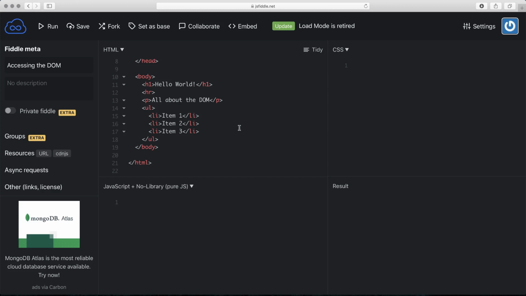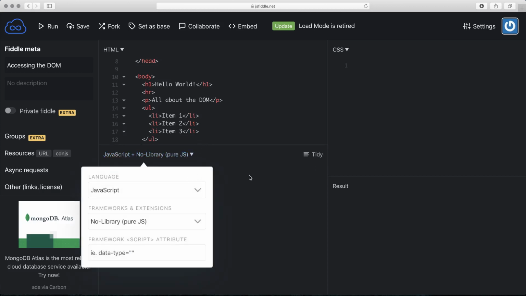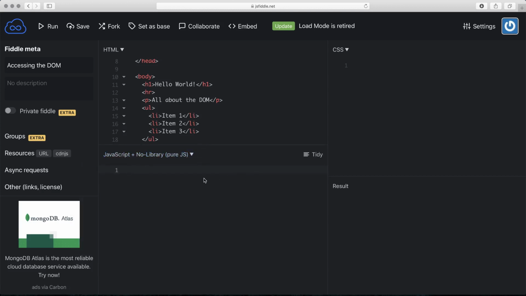Now that we've got these basic tags in here, keep in mind that each of these tags represents a node. And each of the information inside, the text inside those tags, those are also nodes. Attributes that we might put about these tags are also nodes. We can access those nodes with JavaScript. So I'm going to move my JavaScript up just a little bit here. And we're going to start with document. As I said earlier, this is our way to access the DOM. And we're going to do a quick search